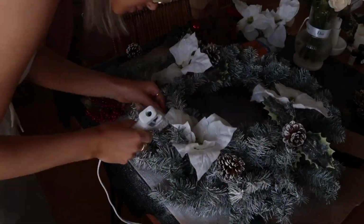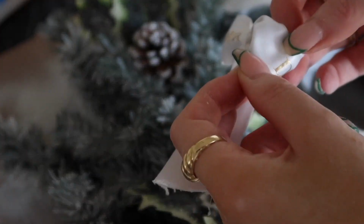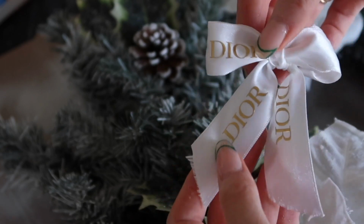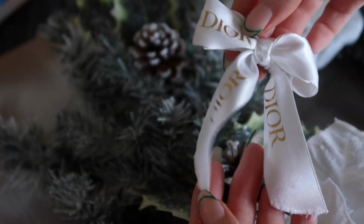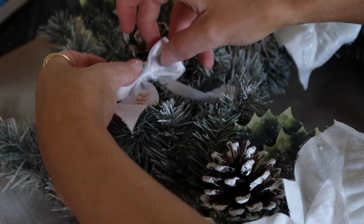But I went in then and added all the little pieces with the glue gun and it was so much quicker. And then I had some Dior ribbon that I made little bows with. I thought this was really cute because there's so much Dior ribbon and I never know what to do with it, and it's too cute to throw out,